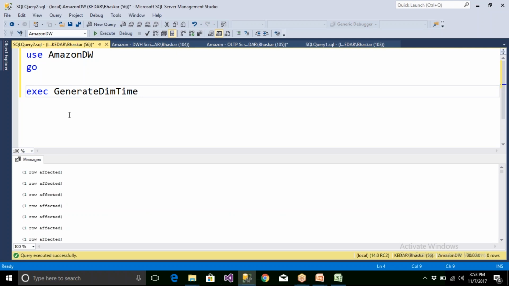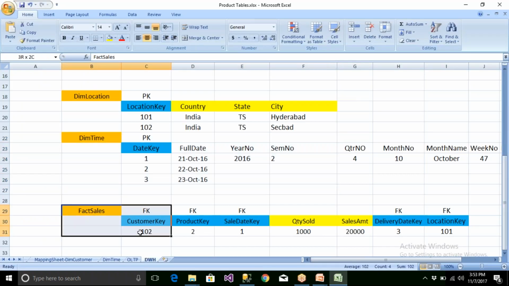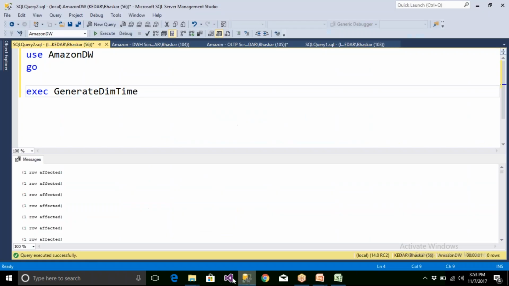Clear? Okay. Now, I was talking about the fact sales table, but these fact tables we'll see later. Now what I'm trying to do is take SSIS, because the data warehouse data you have to load with the help of SSIS, right?